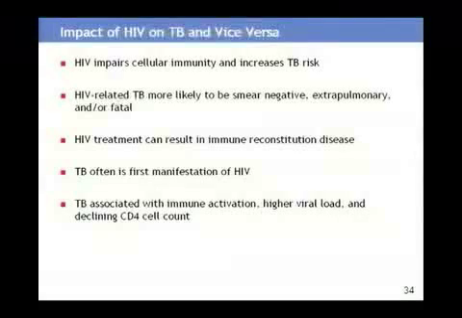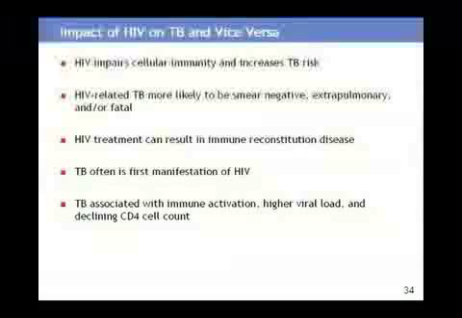HIV treatment can result in immune reconstitution disease or unmasking of TB. What this means very simply is that an HIV-infected patient starts receiving antiretroviral therapy. Once their immune system is bolstered and doing better, it starts to recognize that the person has active tuberculosis and starts to respond to it, and then TB is diagnosed. You will hear quite a bit about immune reconstitution disease from one of the world's leaders in this illness later in the course as well.